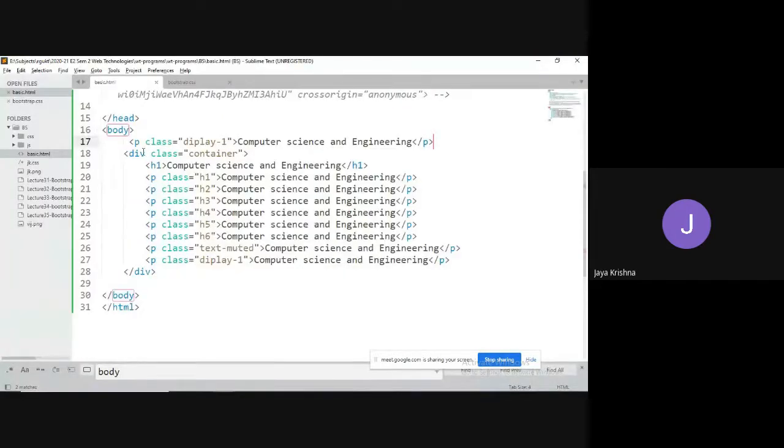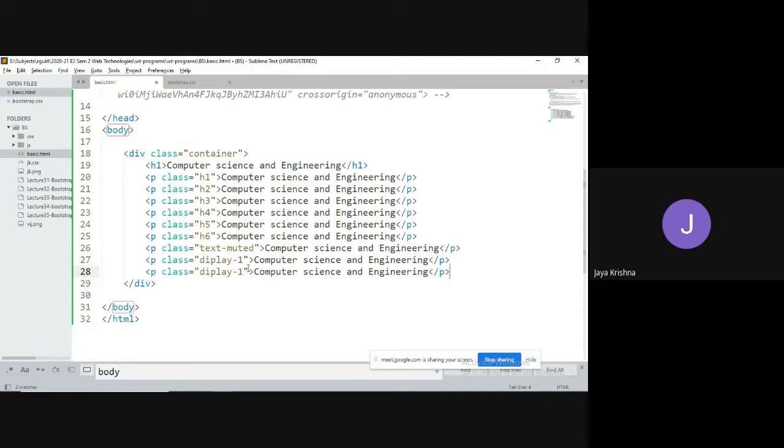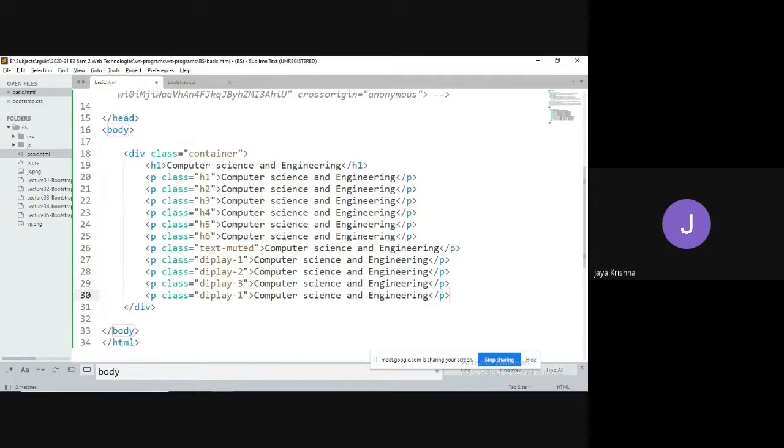Okay, so you can observe. I will take various kinds of display styles. These display styles from display-1 to display-4 are available.